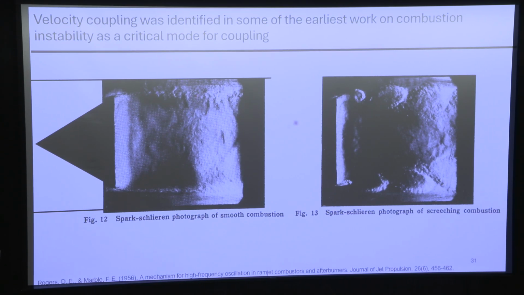And then they would change the fuel-air ratio. And at some points, you would get very unstable combustion. They called it screeching combustion. We do still use this nomenclature. We have great nomenclature for instabilities, like screech and rumble. It's a lot of good words. Anyway, so they called this screeching combustion,